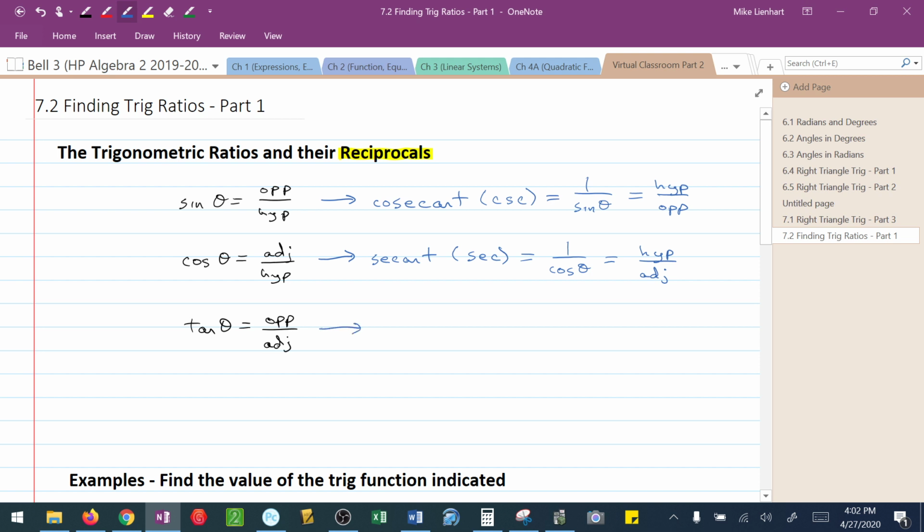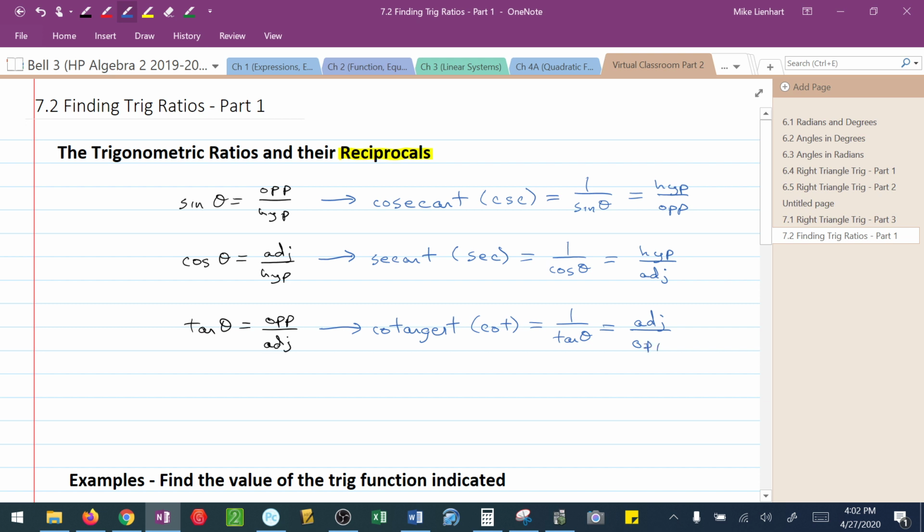The reciprocal of the tangent function is known as the cotangent, abbreviated COT. That would be 1 over the tangent of theta, or adjacent